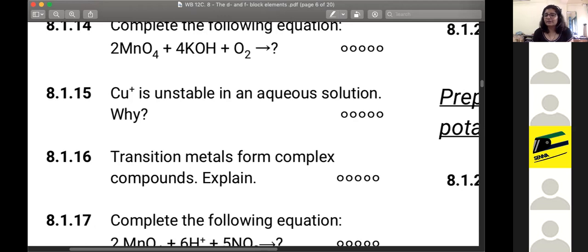So we're talking about the stability, right? Because of instability, it will undergo a disproportionation reaction. But why is it unstable? Ria has already given the answer. Very good. Jasmine has also given the answer. So the answer is, because it is unstable, it forms Cu2 plus and Cu, like it will undergo disproportionation. But the reason for its instability is the hydration enthalpy. Cu2 plus has a higher hydration enthalpy as compared to Cu plus. That is why Cu plus is unstable in aqueous solution.